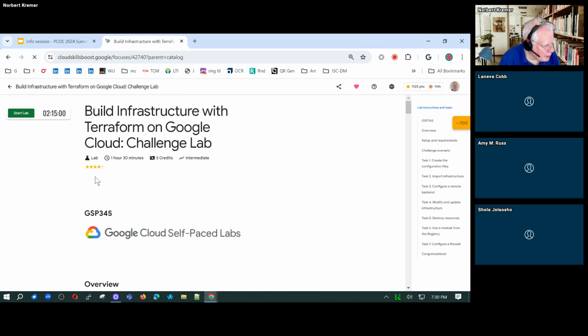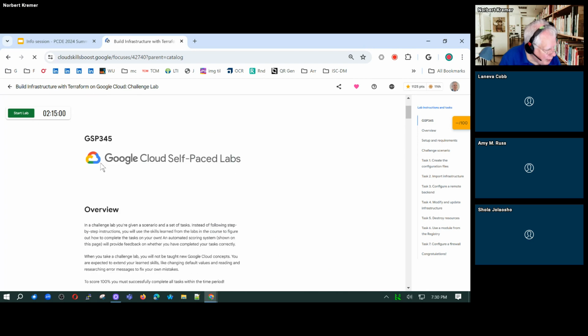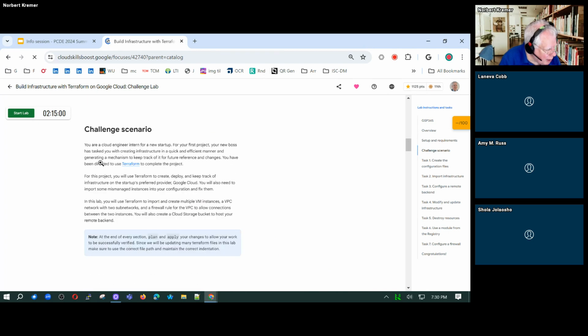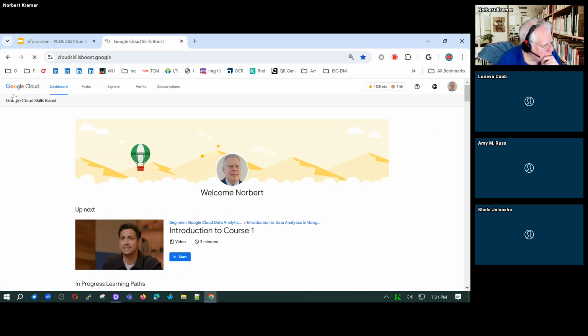It's not showing me where it's a favorite, but trust me, there's a little heart symbol, and that's what makes it a favorite. It'll show up in your dashboard, and you can refer to it later. So let me go back to the home. Let me go into the paths. So paths are learning paths that you have